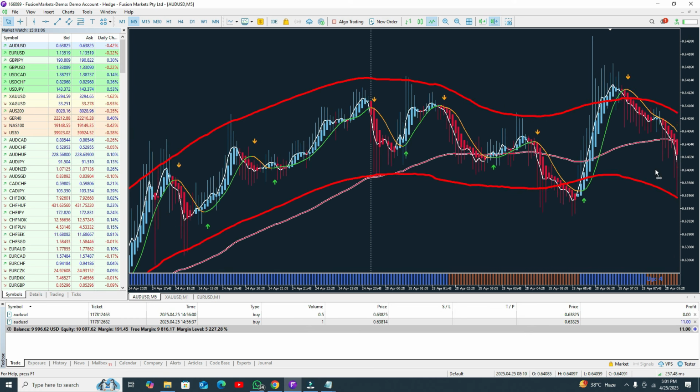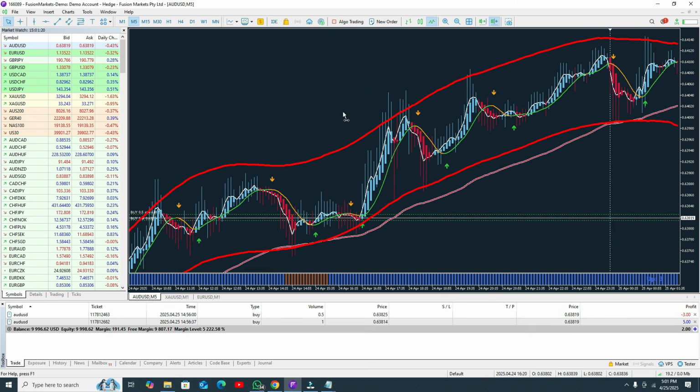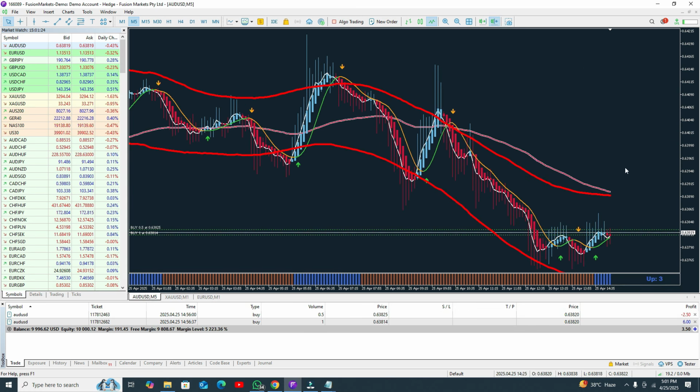Let me show you some more details. Here you can see the buy position, and you need to close your trade at this point. Here you can see this is another trade and you need to close your trade at this point. And the same trade here, you need to open your buy position and close the trade when the candle touches the upper band line, and I will show you this trade live. Let me show you the results in the 1 minute time frame.